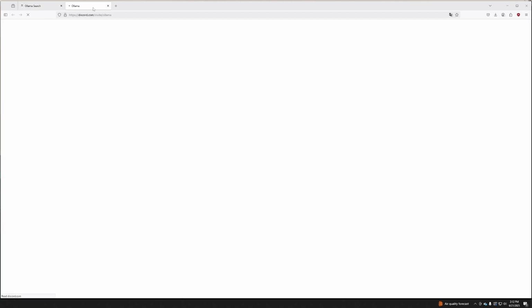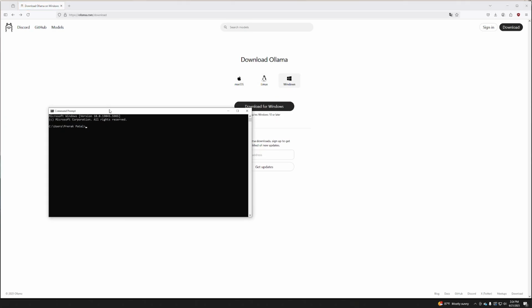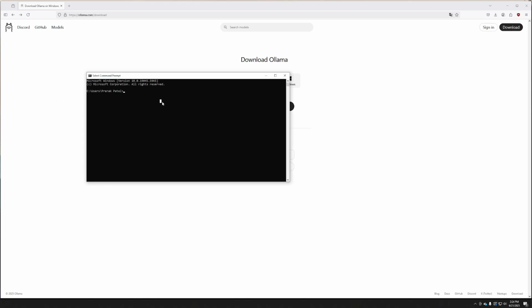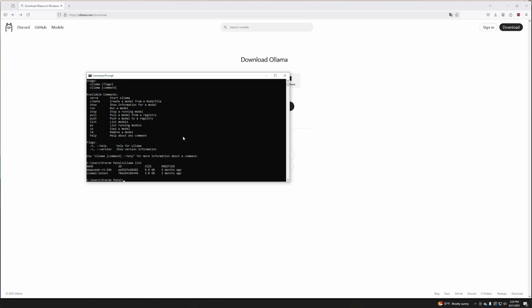So first, let's head over to Ollama and download Ollama. You can download on Mac, Linux, or Windows. For Mac, the process is pretty simple. You can just go through the installation process that you would for any application, Windows as well, and Linux as well. So to validate if the installation occurred properly, let's go ahead and write ollama. If it did work, Ollama will show the following commands that are available to you. Now, if you do ollama list, it'll show the models you have available. I have DeepSeek R1 14 billion parameter model available and Llama 2 latest.